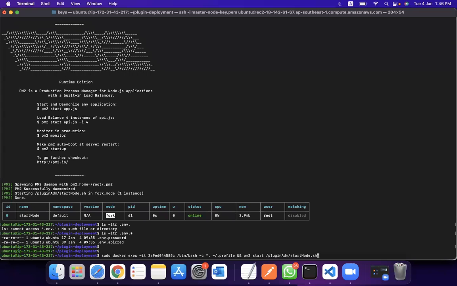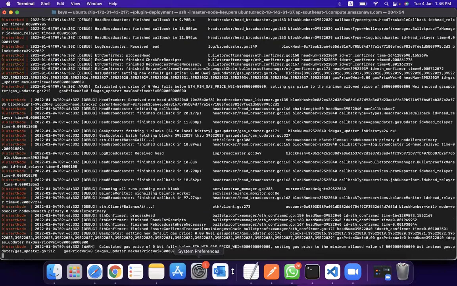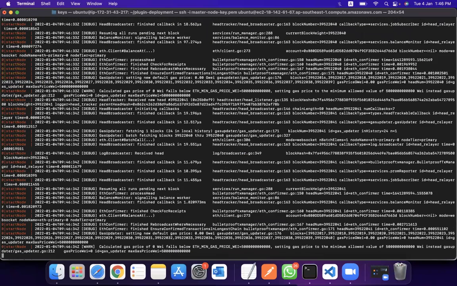In our case, we are going to see the logs. This command will log into this container and execute /profile to set the environment variables, and it will run the pm2 log 0 command. So here you go. You can see it is running without any errors.